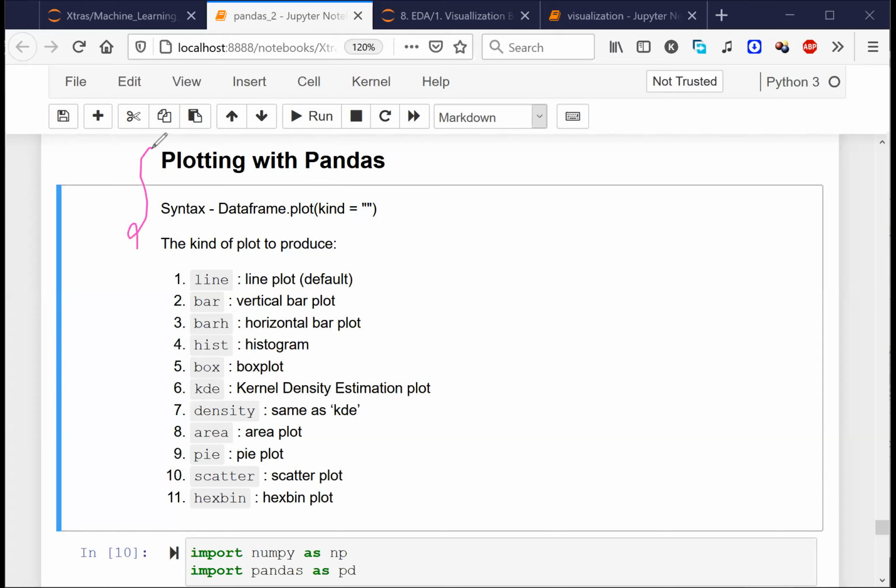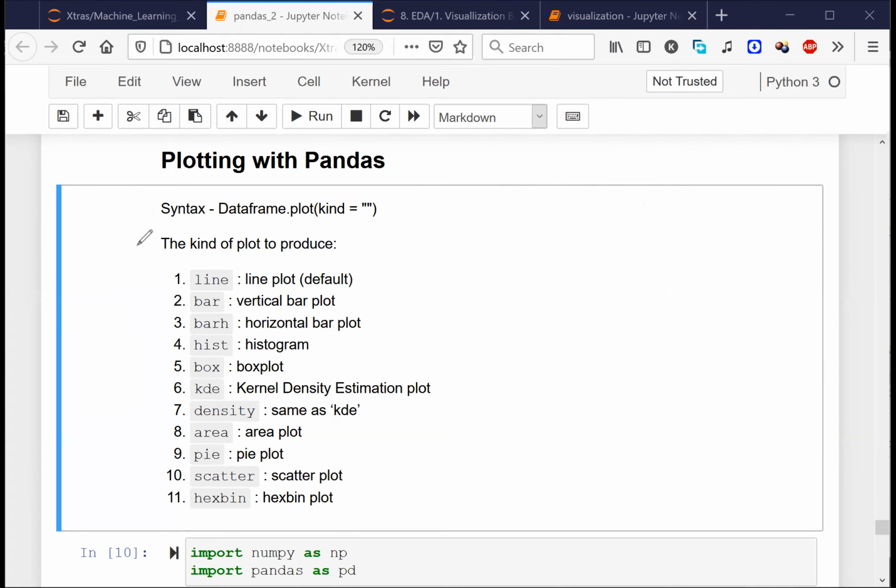What we are going to learn today is how to plot, right? How to do visualizations. For example, let's say I want to create a bar plot. How do I do that? Let's say I want to create a scatter plot. How do I create a scatter plot, and which kind of data should I use in order to create a scatter plot? If I want to do all these kinds of plots, what should I do? What should I not do? All these things we'll try to learn today.